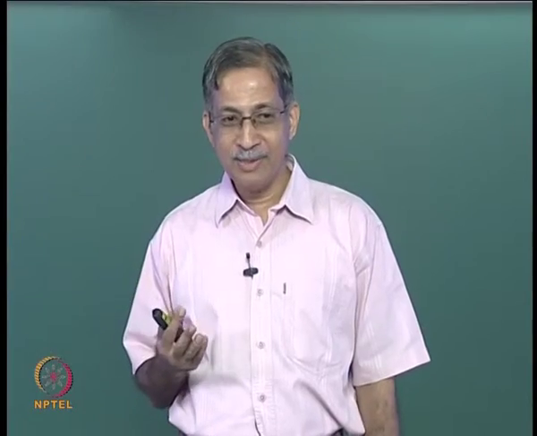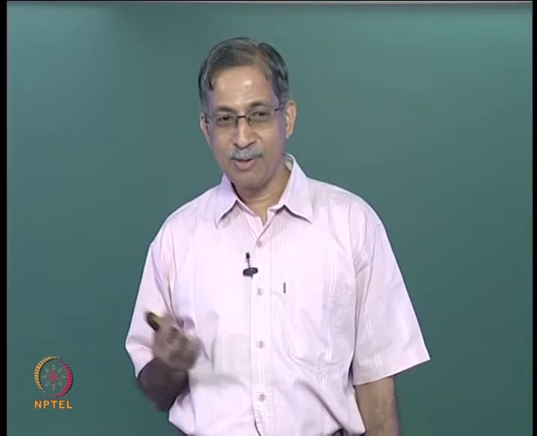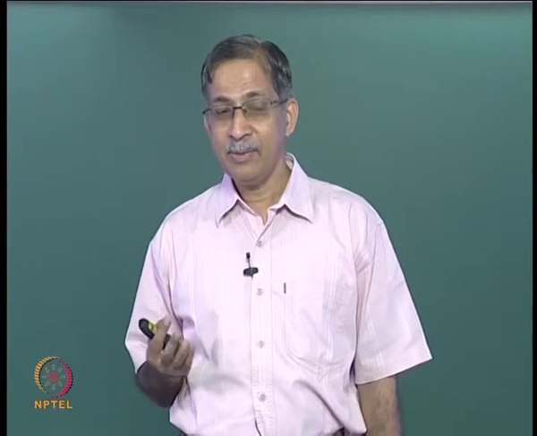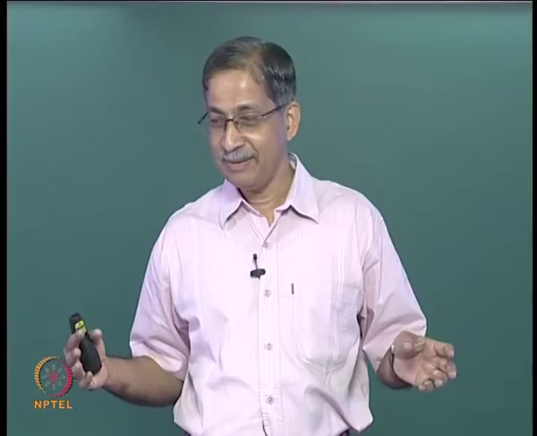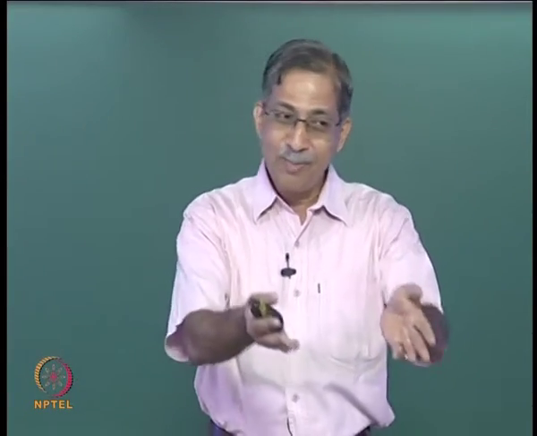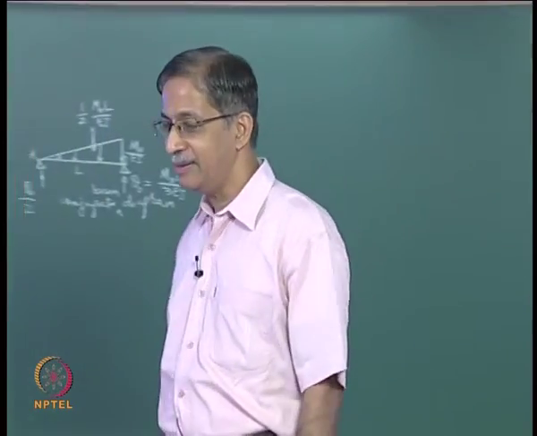What goes to element 2? 60. What goes to element 3? 20. Do you get any moments at the extreme ends? At A, do you get something? You get half of 80 in the same direction. Now can you please draw the bending moment diagram on your own? You got the answers intuitively. Draw it.